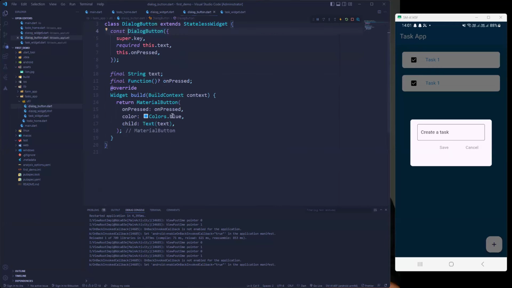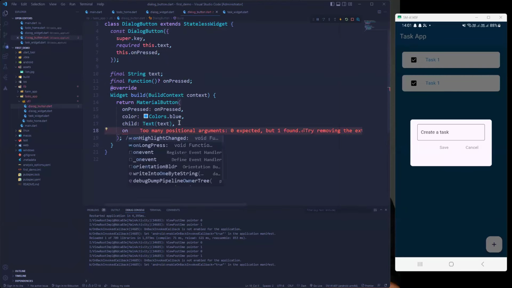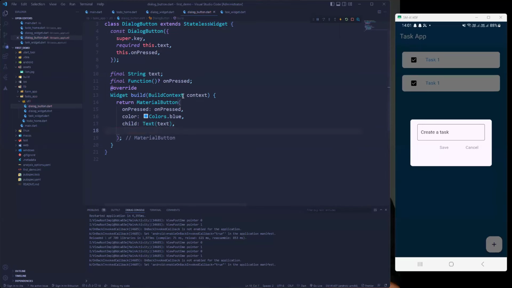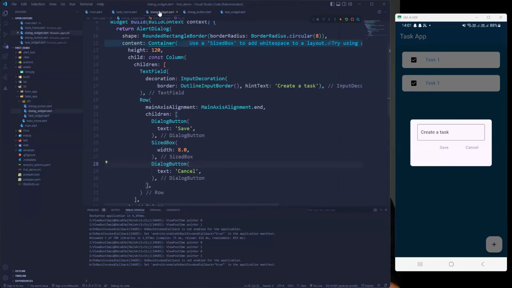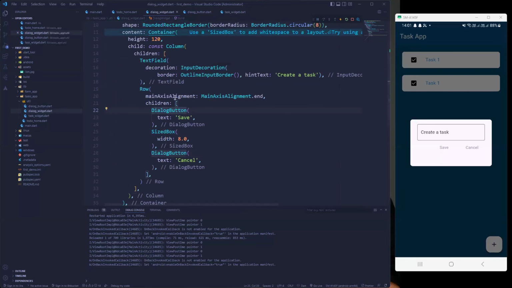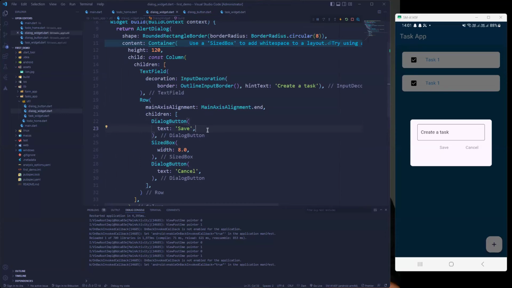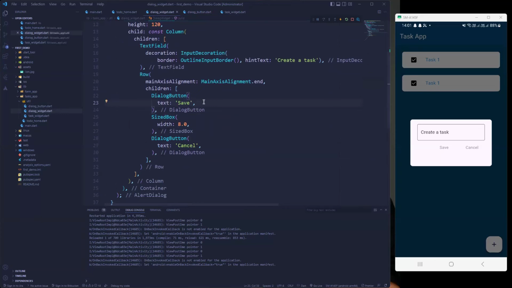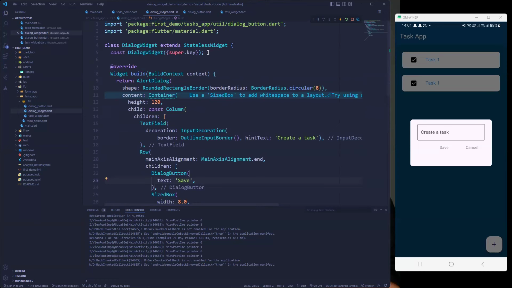So let's come here and do something on the widget. These are dialog widgets. We want to take two actions here, and the actions are to save and to cancel. So in here, I'm going to create